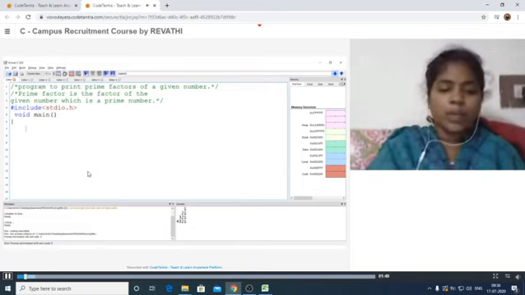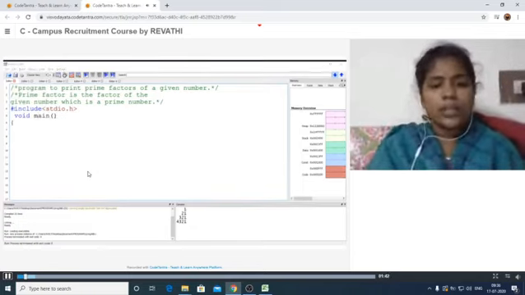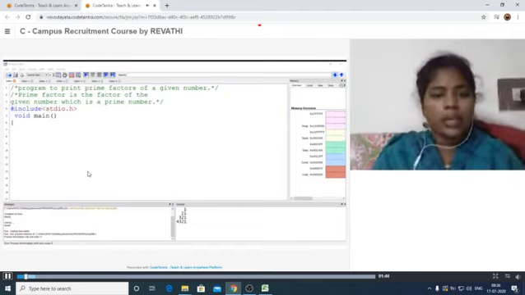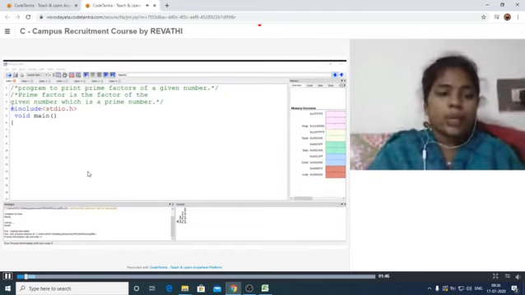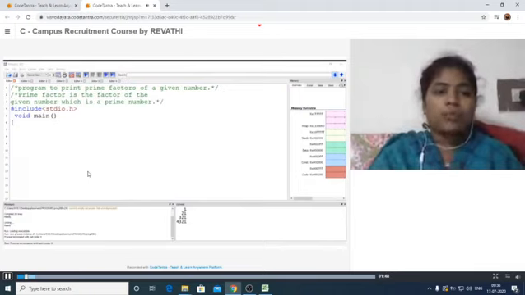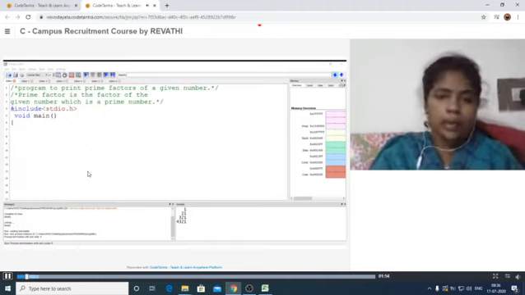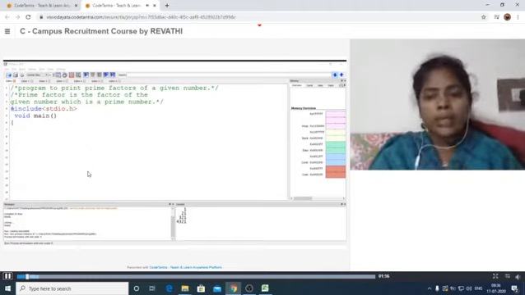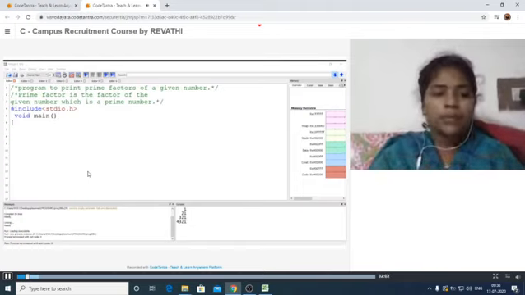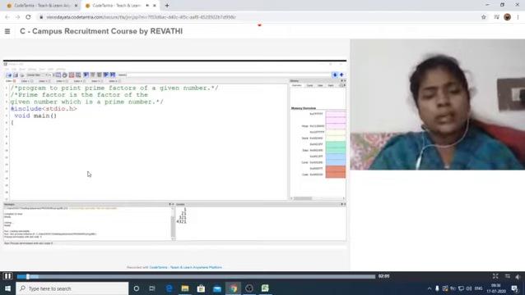Next, we need the variable declaration here. We need the number for which we need to calculate the prime factors. For that we take one variable, that is n. Then for checking purpose and counting purpose, we take two variables i and j, and for storing the result we use the count value.